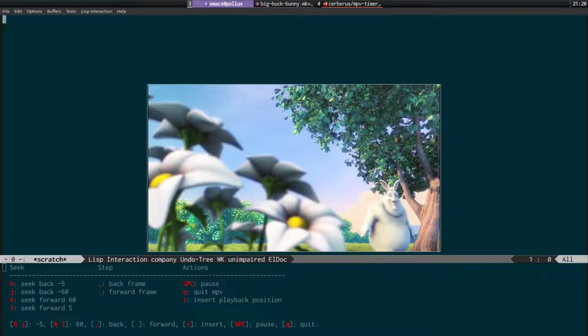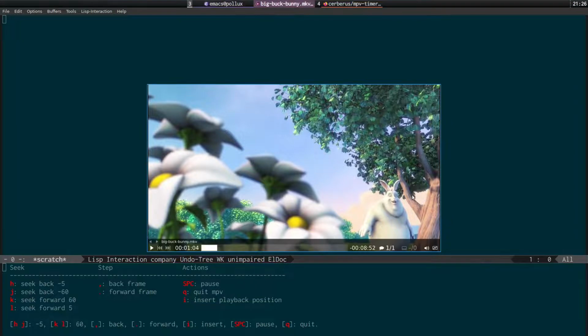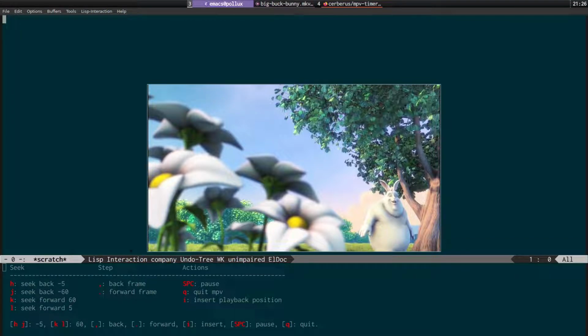So again, you can just use all these keyboard shortcuts here. And again, the other thing that you can do is find custom functions that will send a particular command to MPV. One of the things I was looking at is how you could get MPV to take a screenshot. Because if you've got MPV focused here, you can just press S on the keyboard and it's going to take a screenshot. So it'd be nice to have that ability in this menu as well,